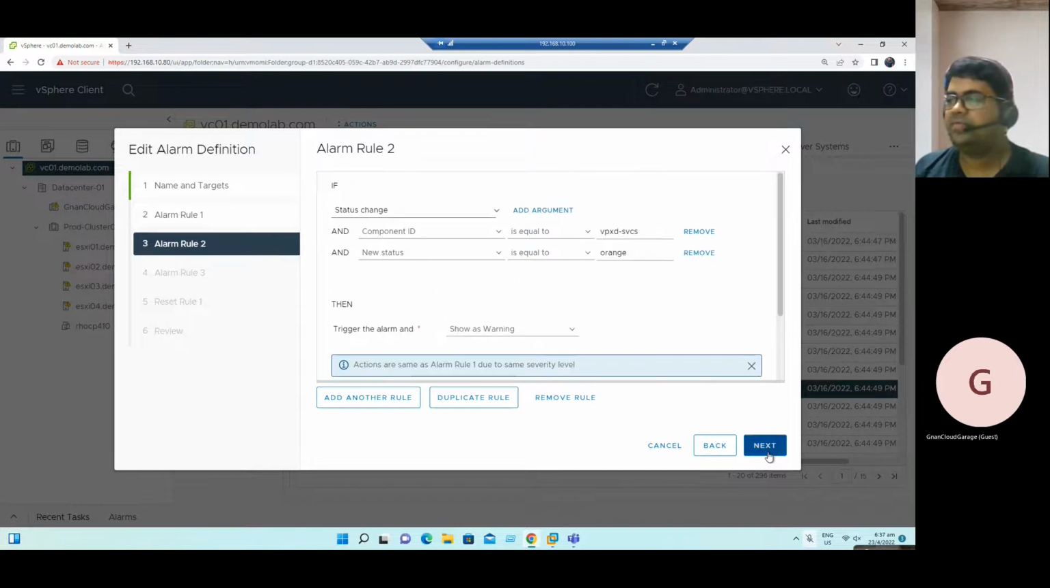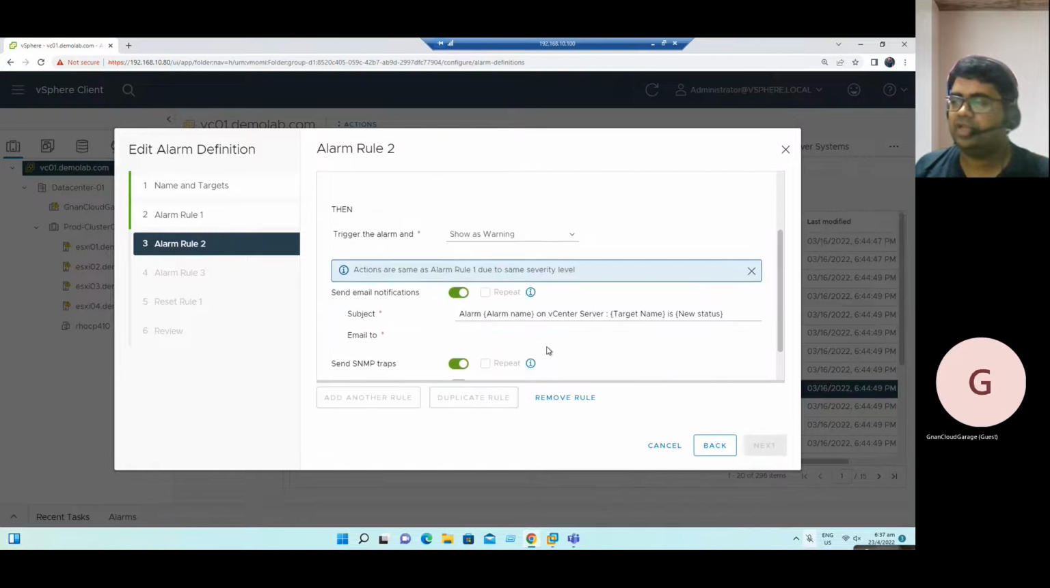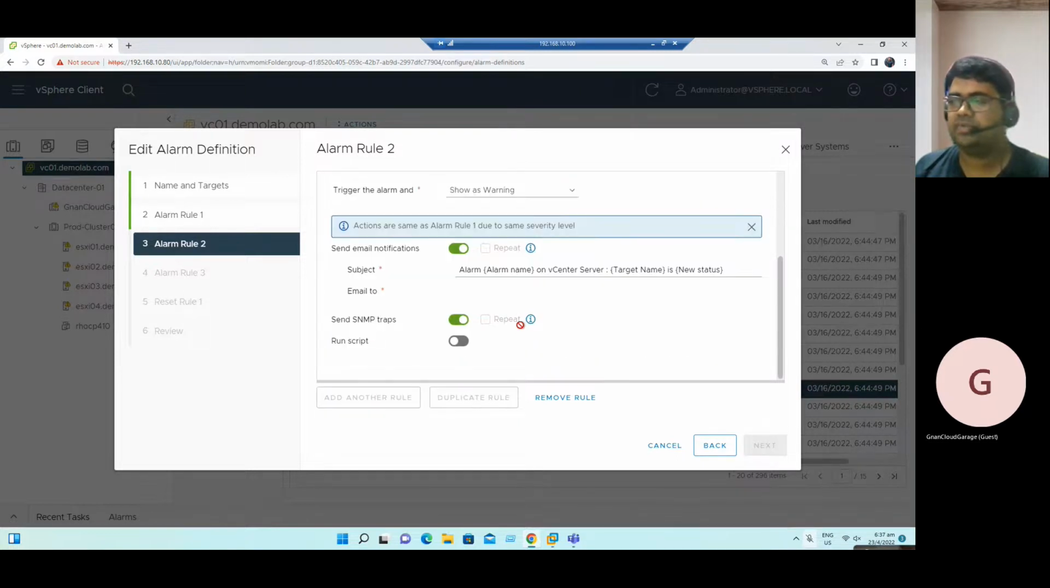Okay, and the same way for alarm rule 2. Even in alarm rule 2, you can choose the status change alert. Here also the new alarm status changes to orange, and we require an email notification and enter our email address. Whatever email address we enter in rule 1, it will be applicable here too. Actions are the same as rule 1 due to the same severity level. So rule 1 we already gave an email address. Even this second rule's warning message is also sent to the same email. Okay, now we can turn off this one,